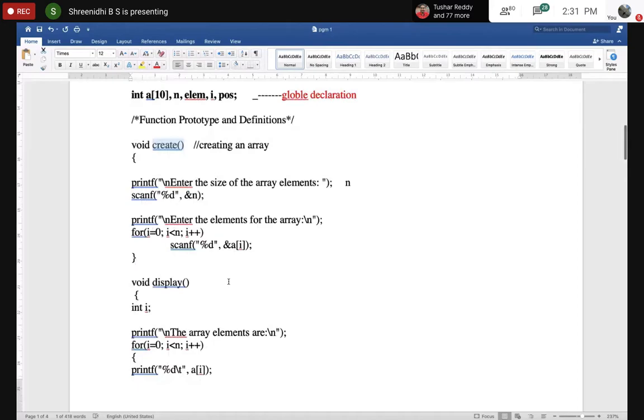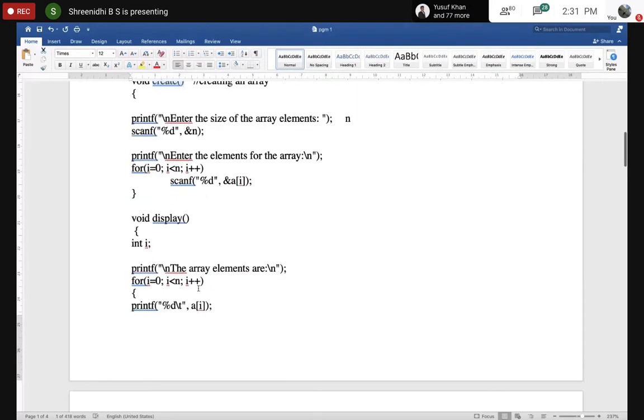Next, I need to display the entered elements. How will you display? Again here, no need to declare this because we already declared it. void display is my function name. Next, enter the array elements are. Here also one more for loop because I'm using a one-dimension array. Next, percentage d. Why am I using this backslash t?